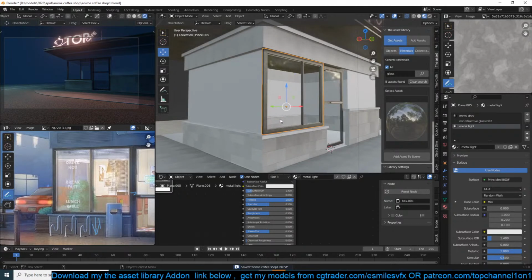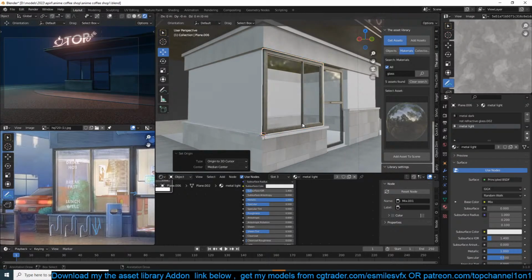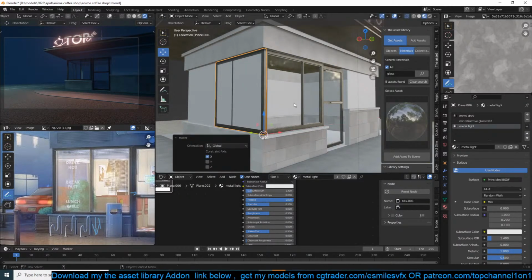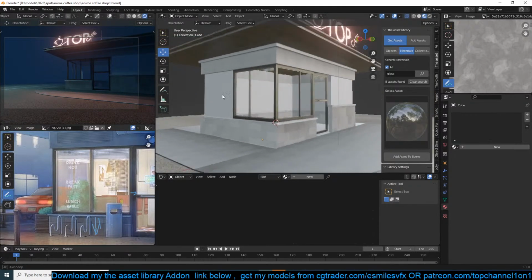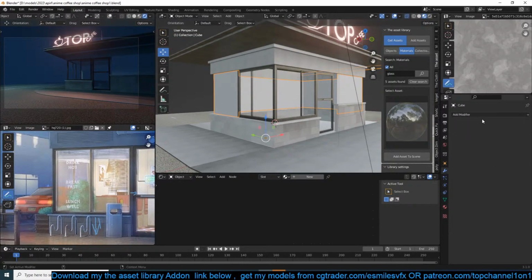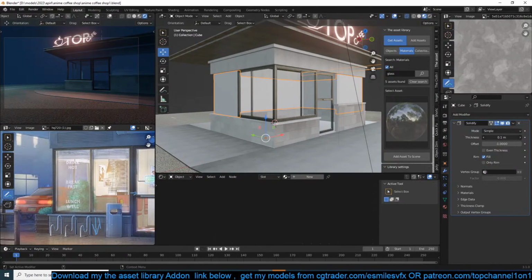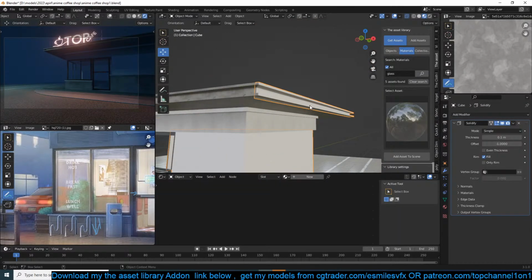We can grab this. I think this should be a solid wall, so let me do it with a solidify modifier like that. Okay, I'm not sure why this is